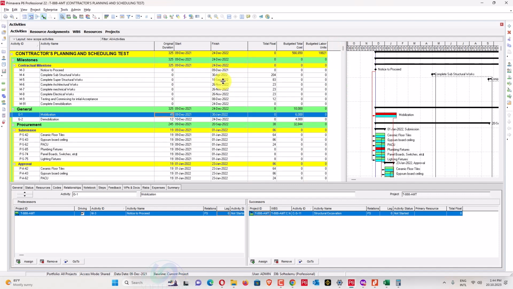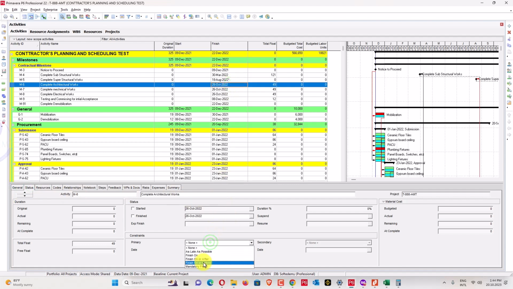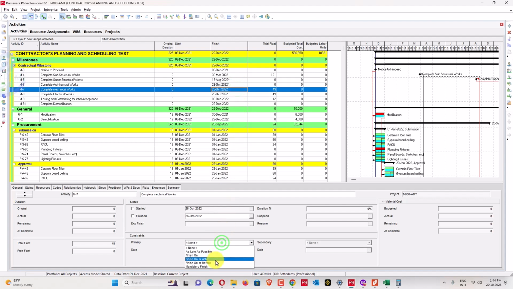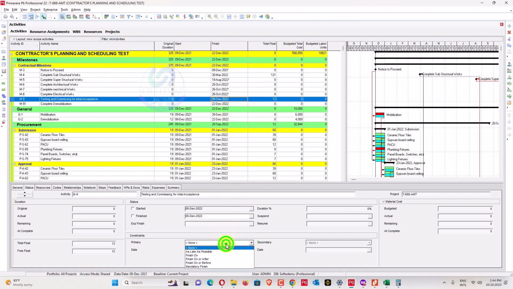Also, if you still assign that constraint which I have assigned already, it will show you that these activities are on critical. So this is another method. You can just go here and assign a similar constraint for that one. If I say finish on or before 18, and finish on or before that one, they will be locked here. Finish on or before 26. It will also be on critical, because this activity should be on critical, but it's not showing critical before. So now we'll go here,